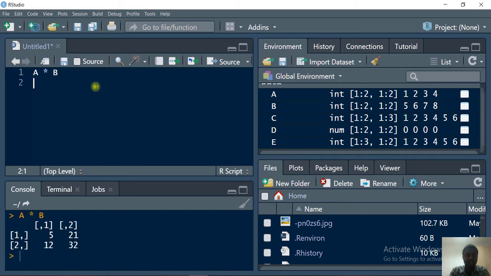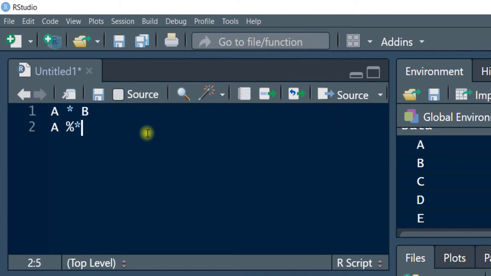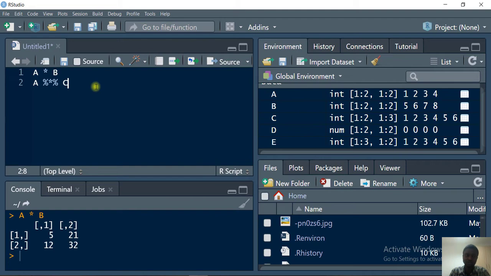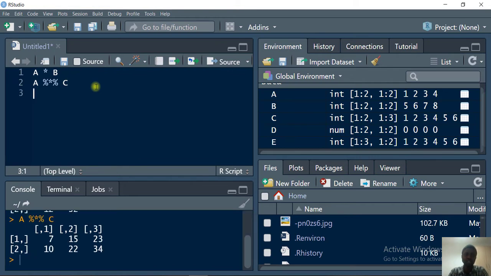So to multiply two matrices in R programming, you use this percent multiplied by percent, and then we are multiplying it with C. Don't forget the condition for us to multiply: the value in the column of the first matrix, A, must be equal to the value of the row for matrix C. So if I run this, the result is out, and I can easily see my answer as 7, 15, 23,